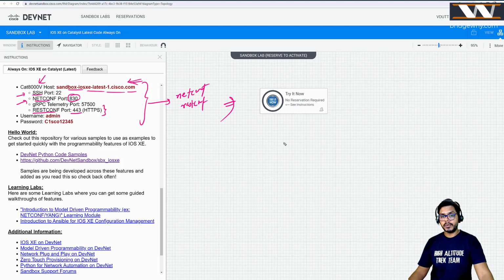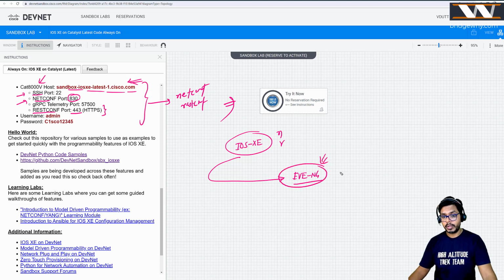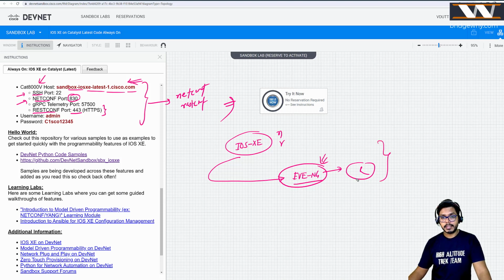So there are two approaches now for you. If you have this iOS XE code available where you can enable NETCONF and RESTCONF, then what you can do is copy this image into your EVE-NG machine, into a specific folder. If you do not know how, just see my videos on how you can run a particular image of iOS software inside EVE-NG, how you can copy it. It is very, very easy. Just copy it, and if you are able to do that, then you are going to have this router up and running. But I know most of the people are afraid of doing all these things, and I am giving you